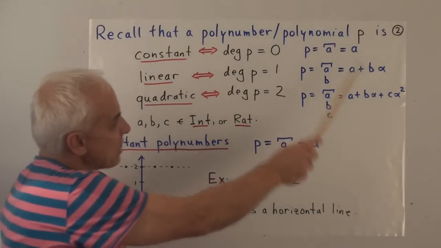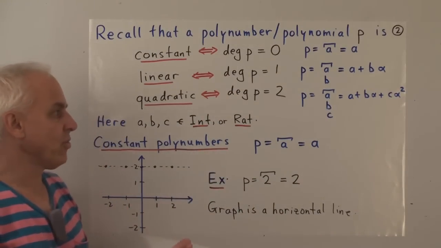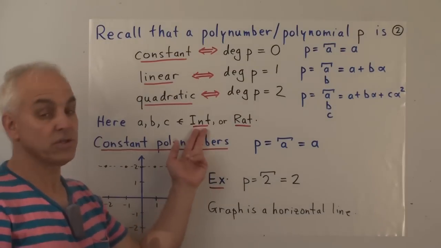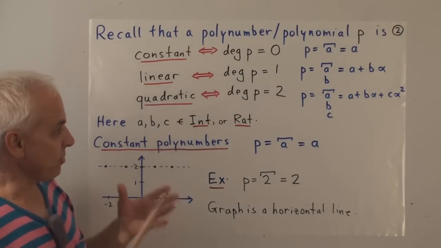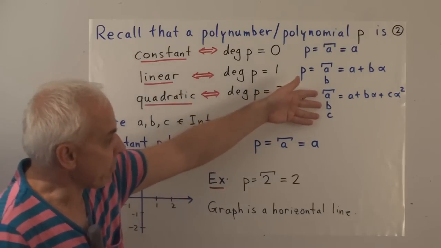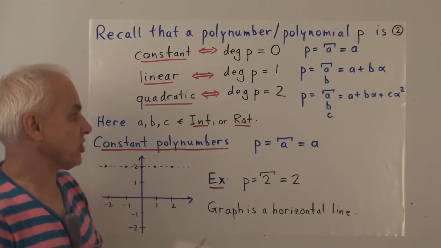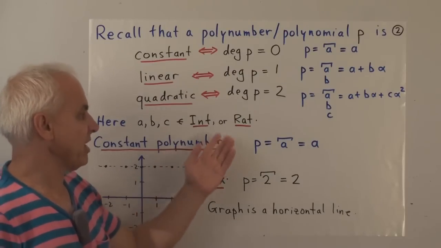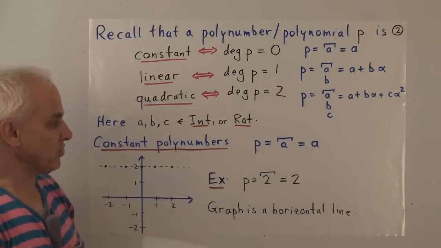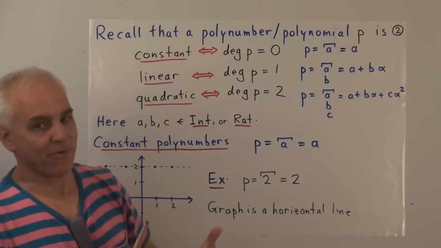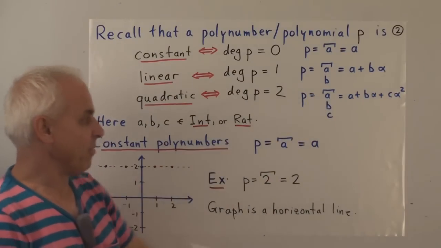Now, throughout this discussion, you have some choice as to whether you want to work over the integers or, say, over the rational numbers. So you can think of these numbers A, B, and C as being integers or rational numbers, and generally we'll try to work in the rational number framework, but sometimes integers also. Most of our examples, the numbers will be integers.